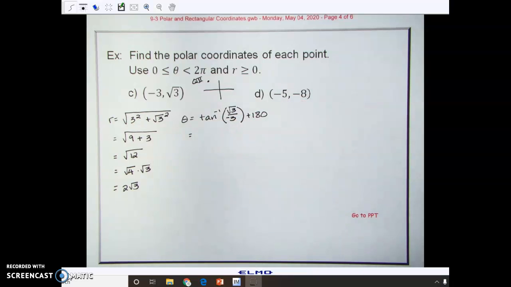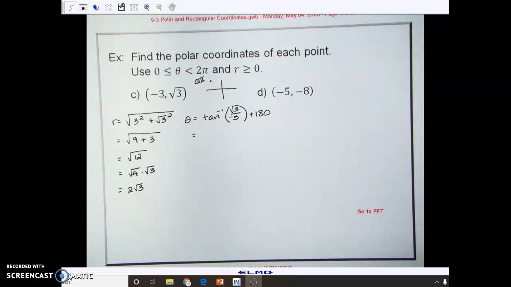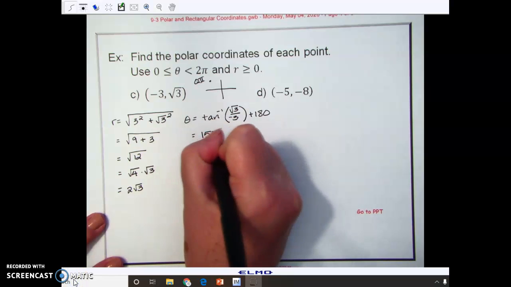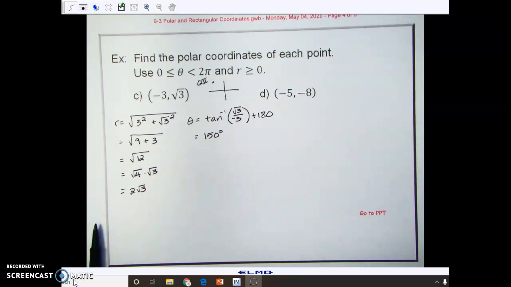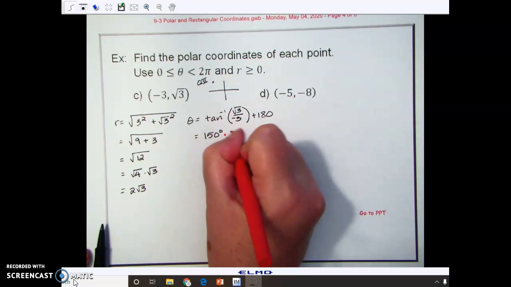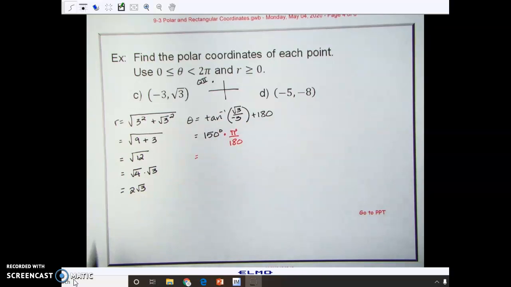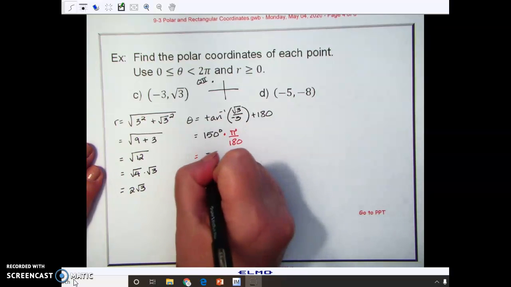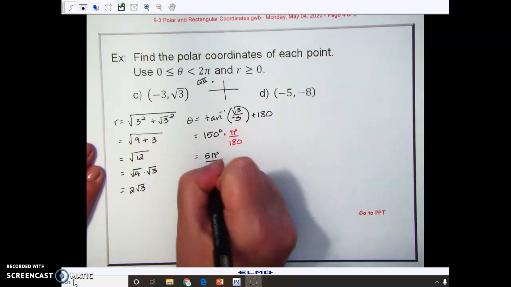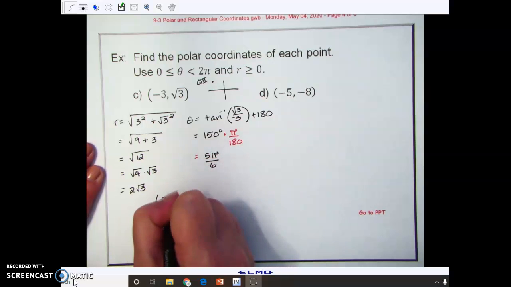And so if I plug all that into my calculator, I'm going to do inverse tangent of root 3 divided by negative 3, and then add 180, and that gives me 150 degrees. And so then if I multiply that by pi over 180, I believe that's going to be 5 pi over 6. So we get 2 root 3 comma